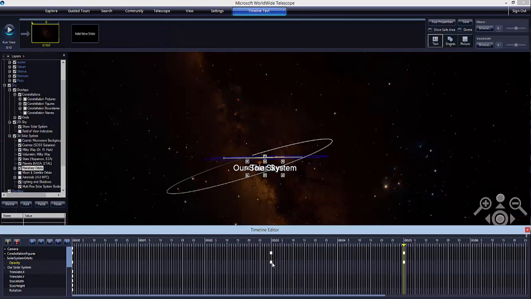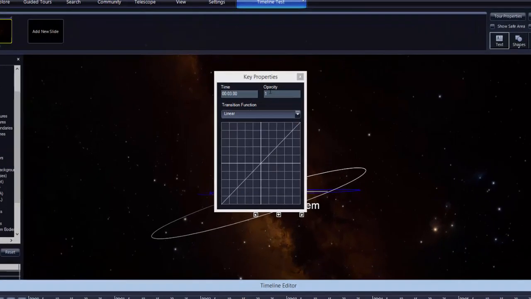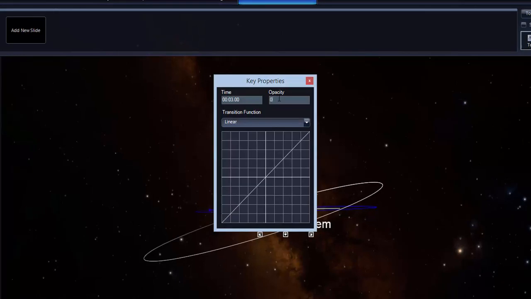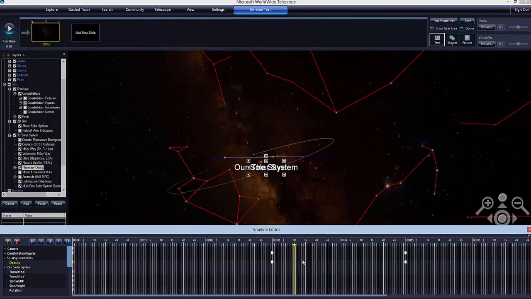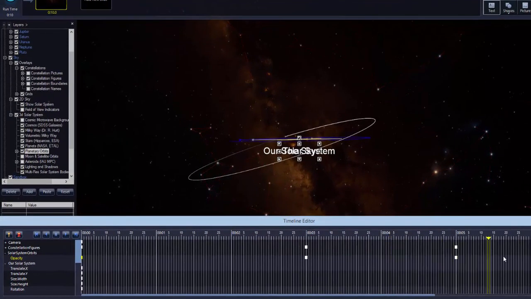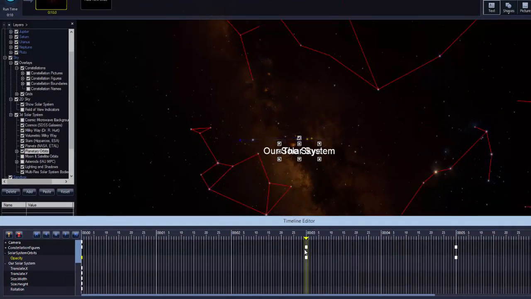Now here I'm going to make the solar system orbits off by turning the opacity to 0 at the earlier times and have it go to 1 during that transition. So now when I move this through, at the same time that the constellations fade away, the solar system orbit lines fade on. And I'll do the same thing for